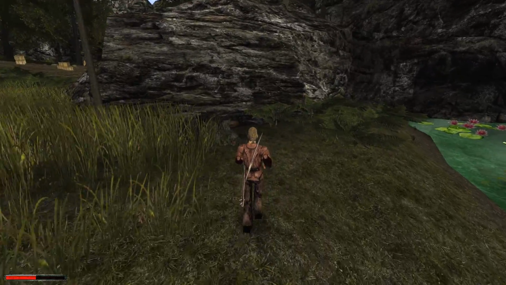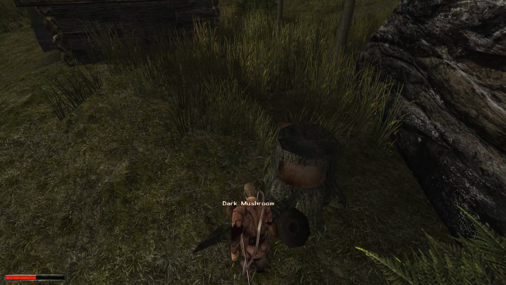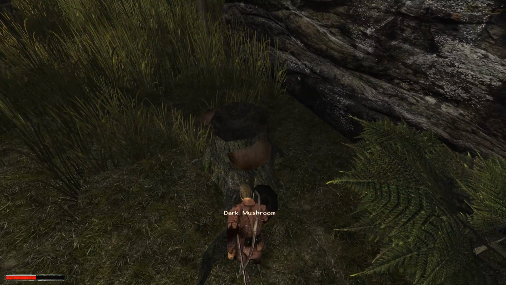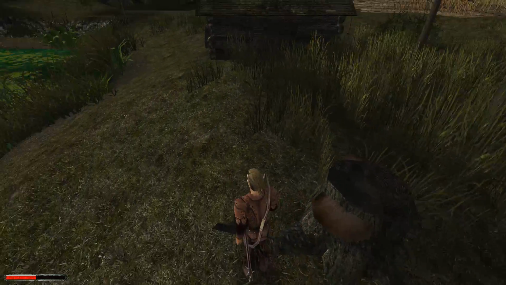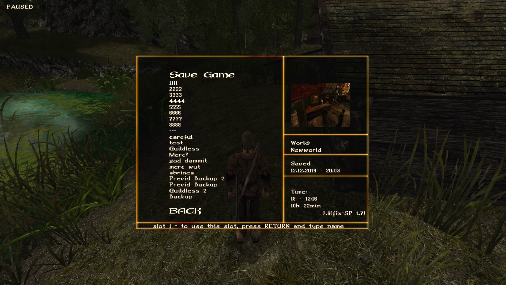Very valuable herb right over here. There's a bunch of mushrooms, but there's a dragon root on this stump. And that is good for making strength potions. Potions that permanently enhance your strength. If you want to invest anything in...